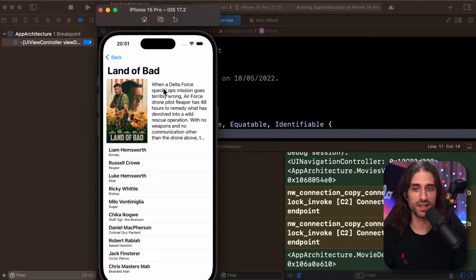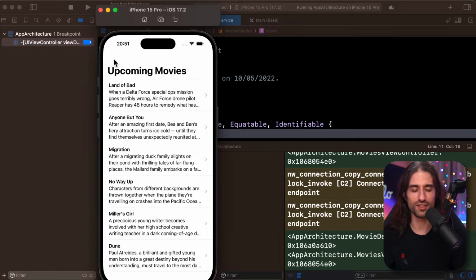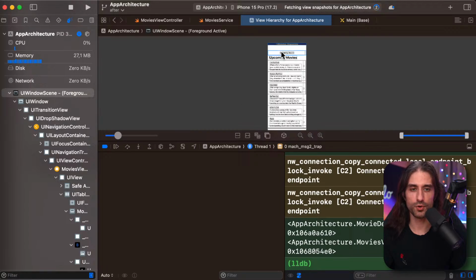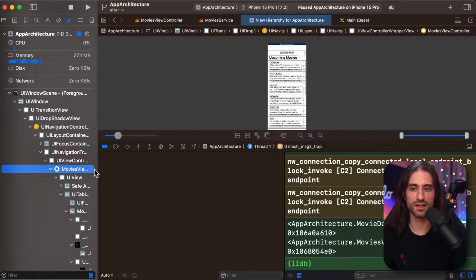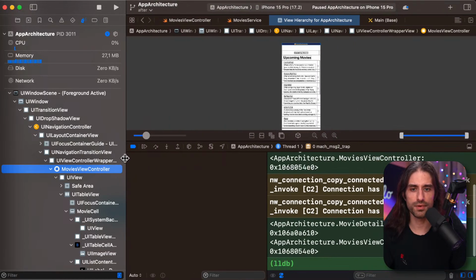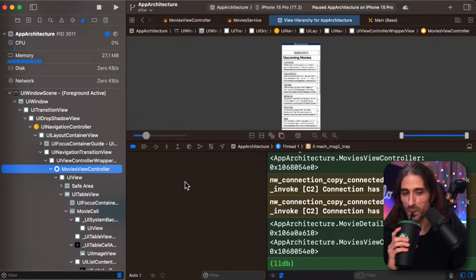This won't work in SwiftUI, so be warned. But if you're working on a UIKit app and you want to know every time which view controller is displayed, you can also capture the view hierarchy and see the information there. But on a big app, capturing the view hierarchy can take some time. On a device, it tends to fail more often than not. So it's good to have this info in the debug console.